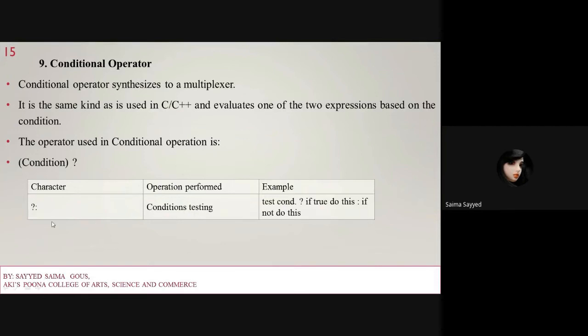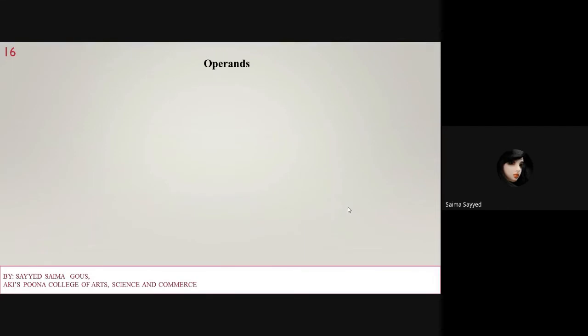It is just used for testing a condition. Here you test the condition: if it is true, do this, and if it is false, do another. If the statement is true, then do this particular task. If the statement is false, do the other task. So this is called the conditional operator. Here the operators are finished.